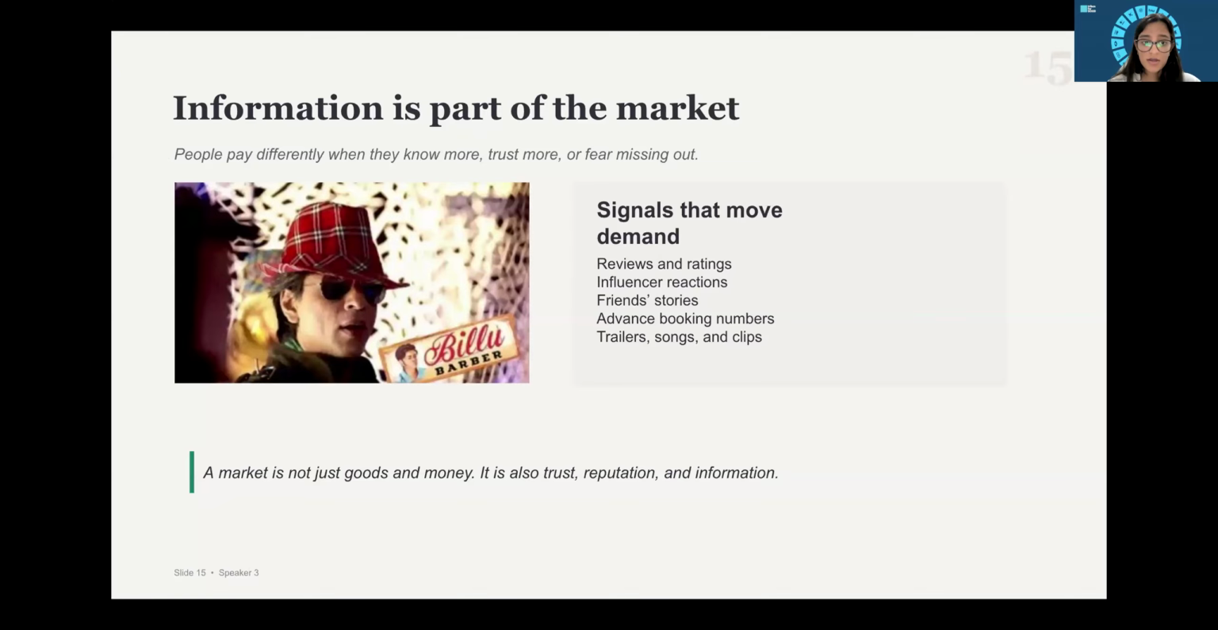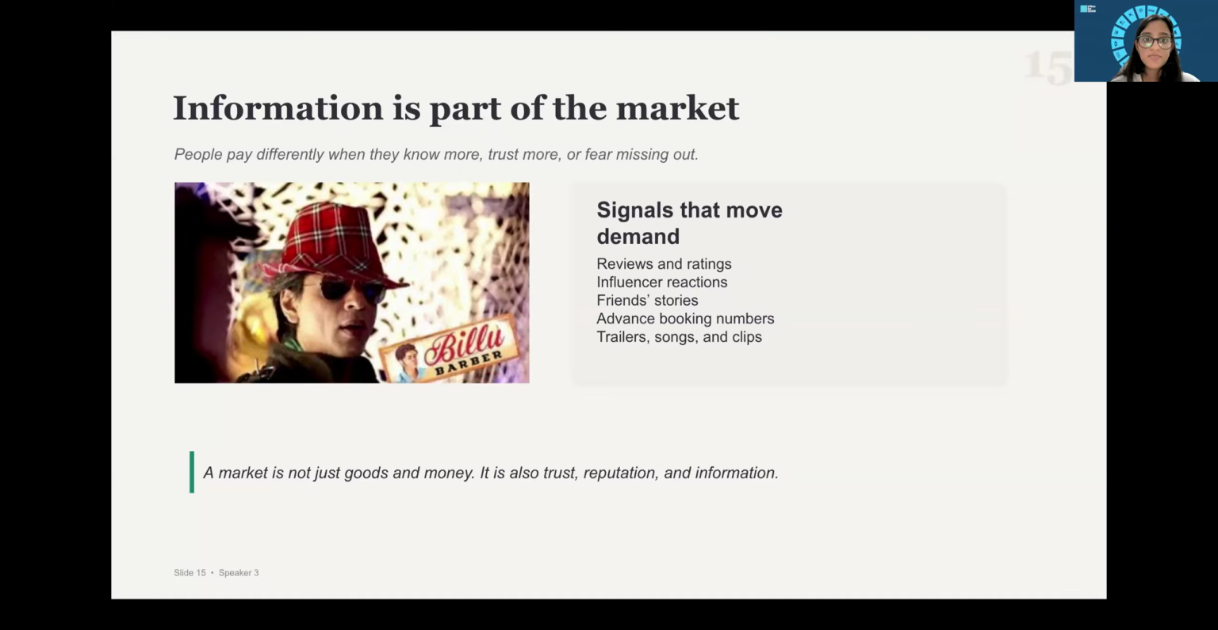Information is part of the market. Information can change demand. Before buying, people look for signals. A review, trailer, influencer reaction, or a friend recommendation can reduce uncertainty. In finance, information is even more important because investors constantly react to news. In every market, people do not just pay for the product, they also respond to trust, reputation, and what they